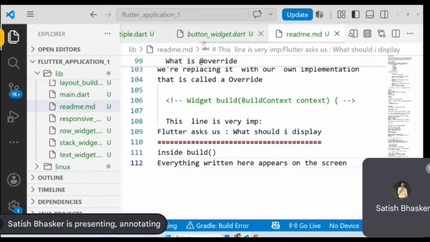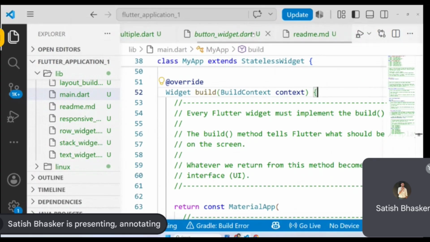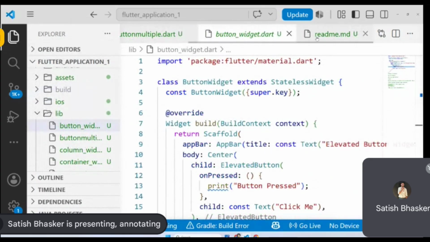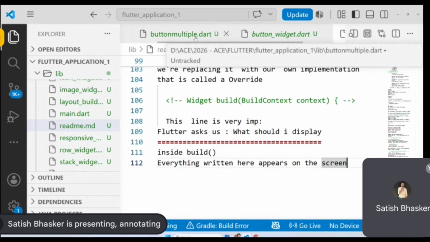Okay, I mean, inside this, what we have written, that will all appear on the screen. Okay, that will all appear on the screen. So again, next to this line, we have